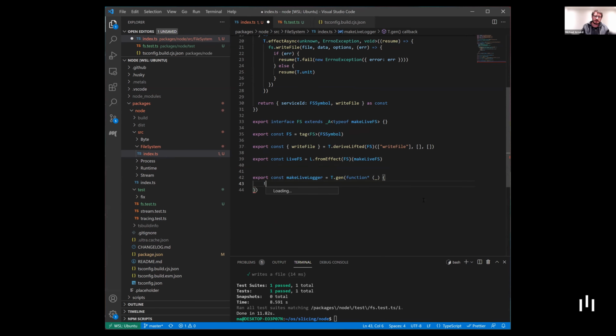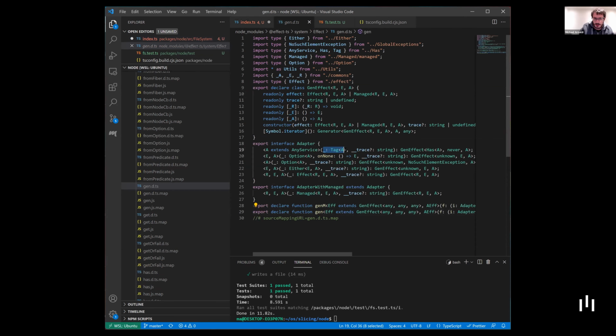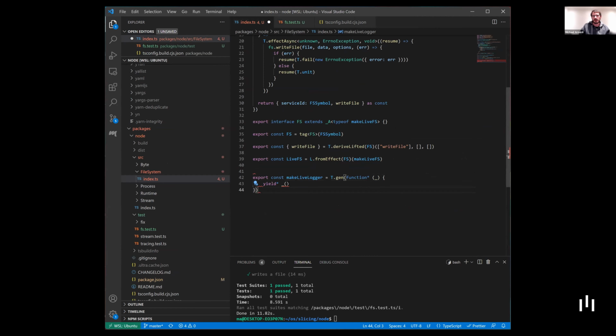Inside t.gen, you can use this yield star on this parameter. It's called an adapter function. It transforms an effect into something that can be yielded in this context. But you can yield an effect, or you can even yield a tag directly. If you look at the signature of that, you can yield a tag, an option, an either, or a full effect. In this case, we said we want to access the file system, so we can yield a tag directly,